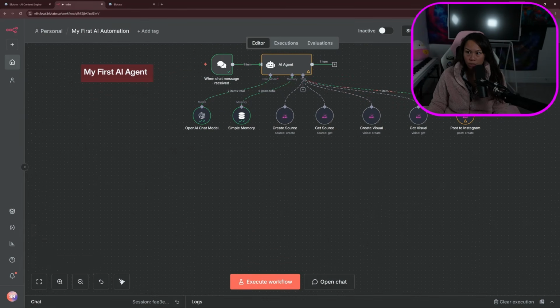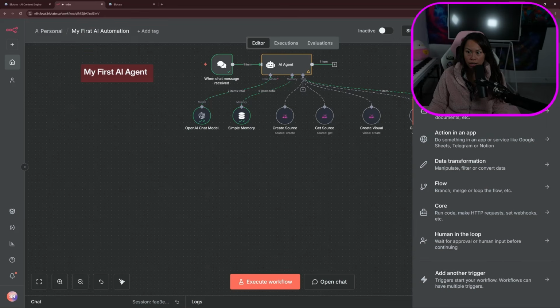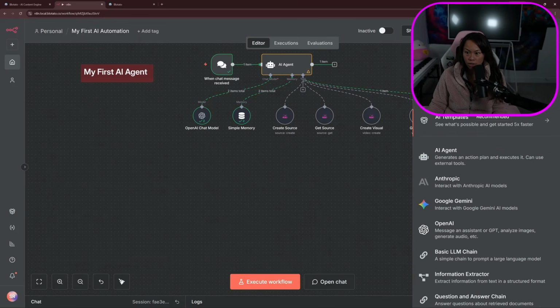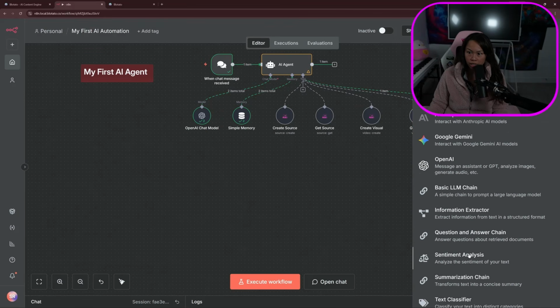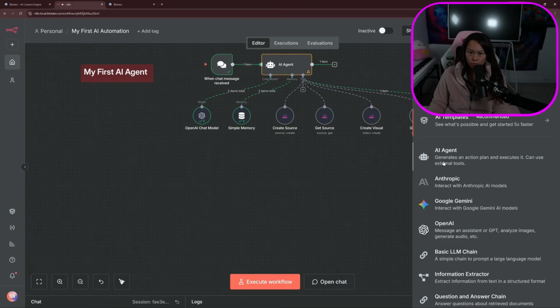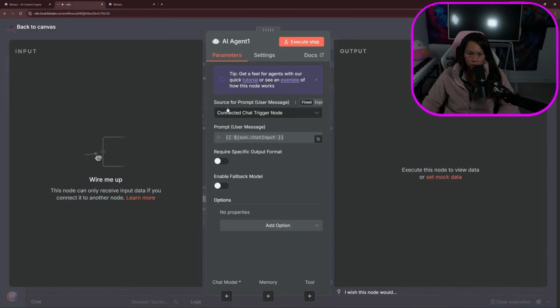Okay, so click the plus icon here to add a node. Click AI. You can see all of these different AI nodes here. Click AI agent. Okay, and this is our AI agent node. And there are 2 ways to activate it. You can connect it to a chat trigger, meaning you can talk back and forth with your AI agent, or